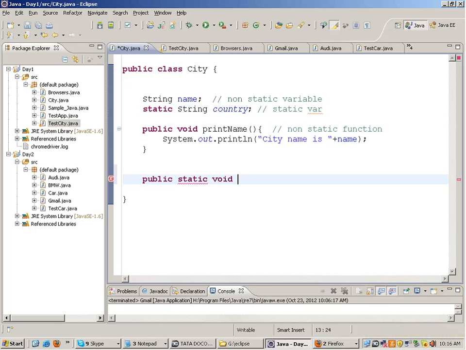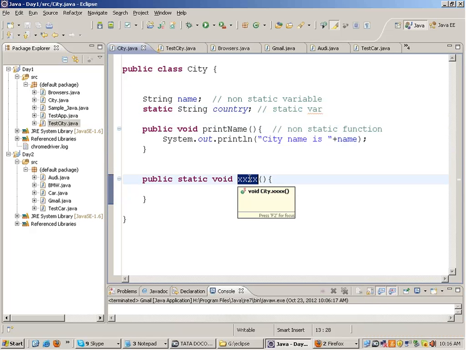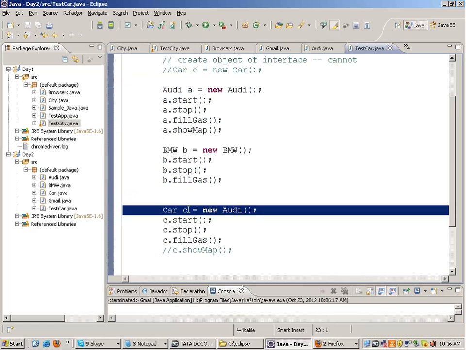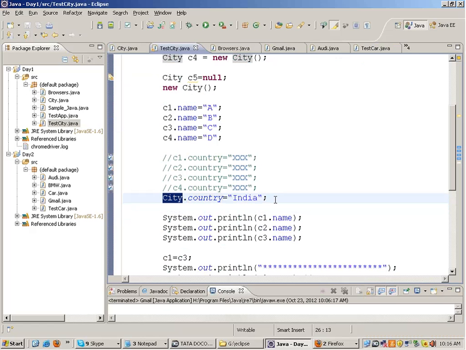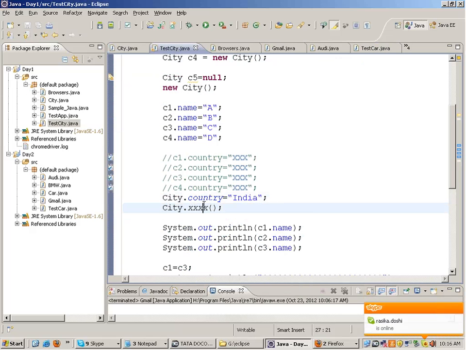Okay. And similarly, I can create a function, say public static void, say a function which is common for all the countries. Now out here, if I make a function which is common for all the countries, I can call this function directly like this only. So static stuff is something which is common for all the objects, and it can be accessed with the class